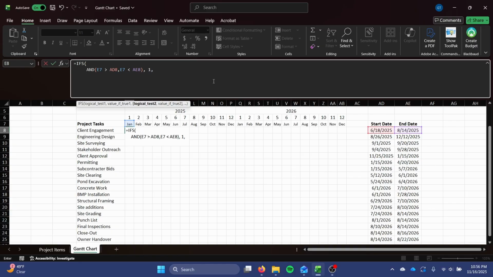Comma. Use Alt-Enter to go to the next line. Now we need to test to see if it's either greater than one and greater than the other, or less than one, less than the other. So if it's on that fringe case where it's starting. So here I'll use OR, and then AND, and we need to check months and years here. So it gets a little bit complicated. If month of AD8, our start date,